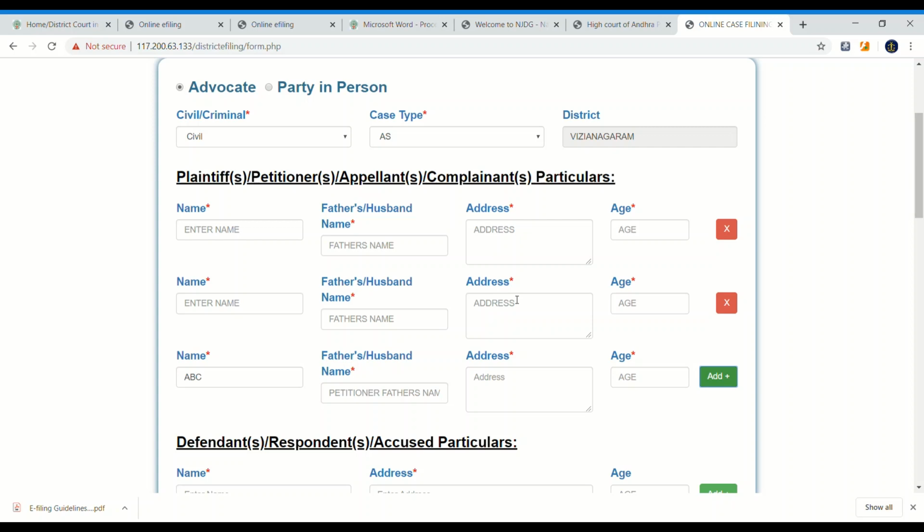And an important thing is never make a mistake. Please check all the fields; the fields indicated with asterisk marks, like a star mark, are mandatory. Keep all these things in mind.